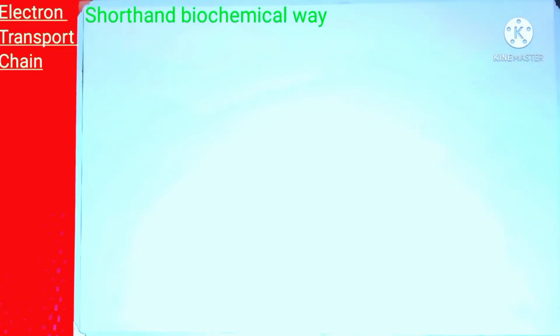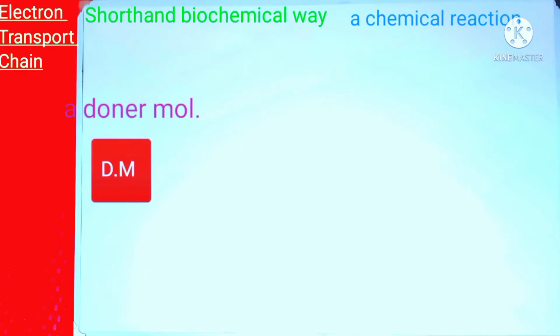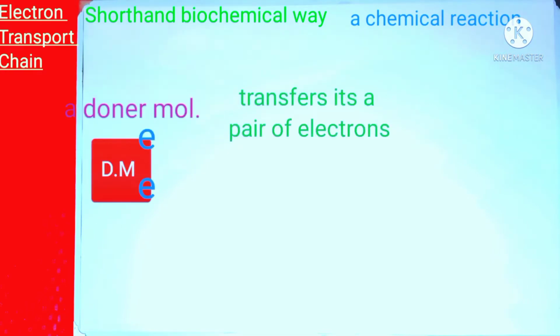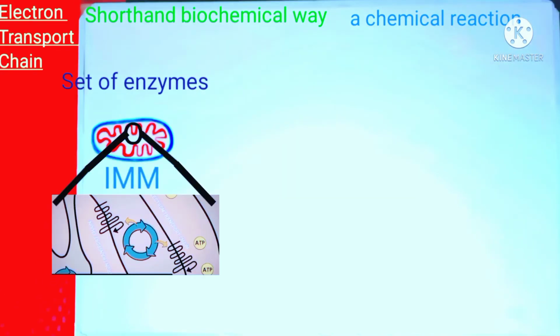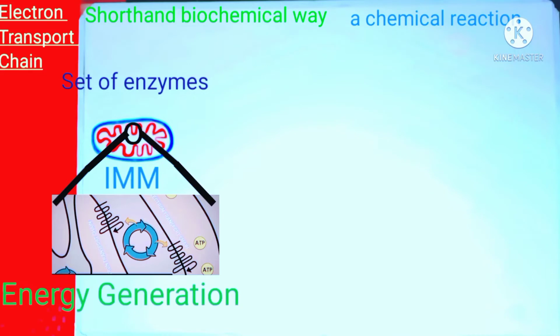Let's come back to our topic, that is electron transport chain. The electron transport chain is a brief biochemical way of describing a chemical reaction in which a donor compound transmits a pair of electrons to an acceptor in the presence of an enzyme. In simple words, the electron transport chain is a set of enzymes present on the inner mitochondrial membrane, and it is the main source of energy generation in the aerobic pathway of